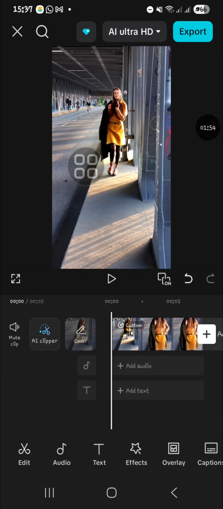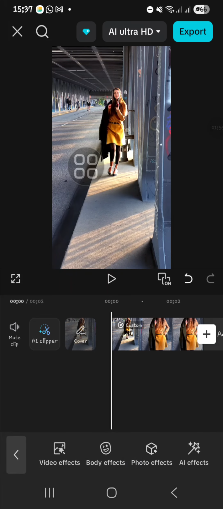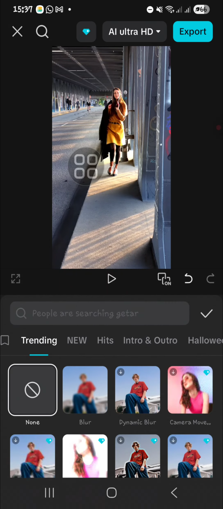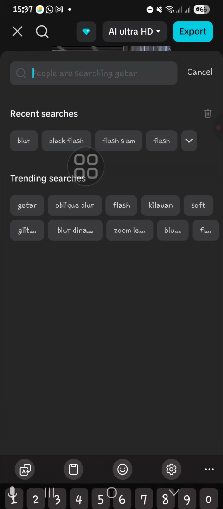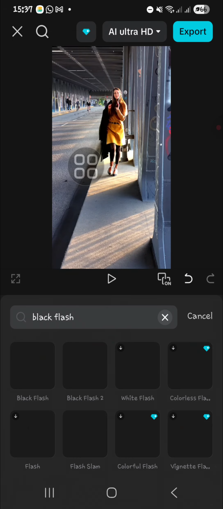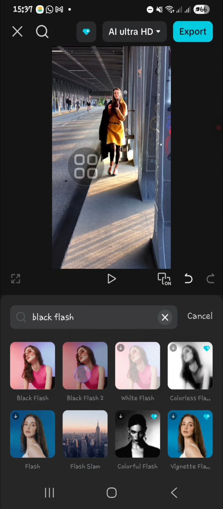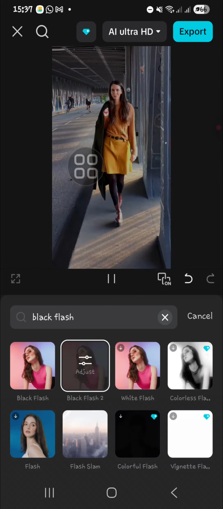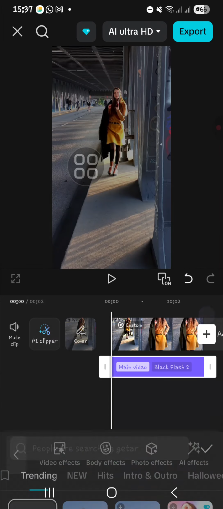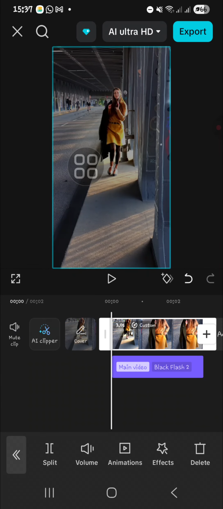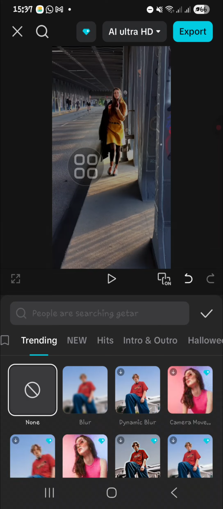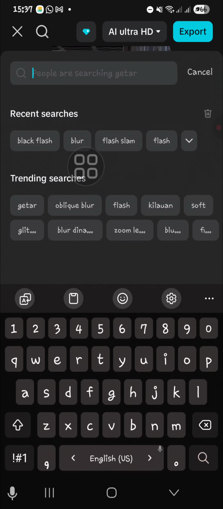like that. And then I'm going to go to the effect menu, select video effect, and then I'm going to search for black flash effect. Okay, I'm going to choose black flash 2, click on the check mark, and then I'm going to add another effect. I'm going to search